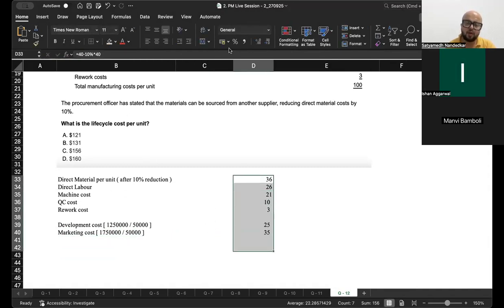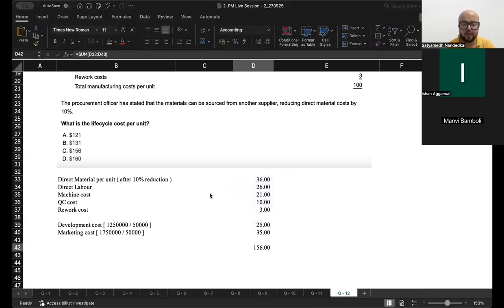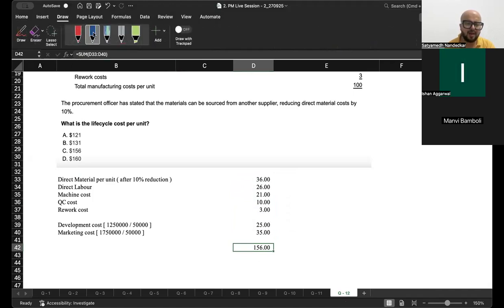Take the total of this, you will get life cycle cost per unit, 156.0. So that was a very silly question, just that adjustment of 10% in the direct material